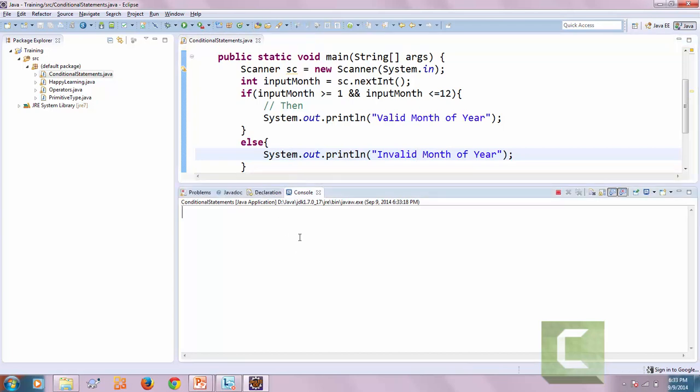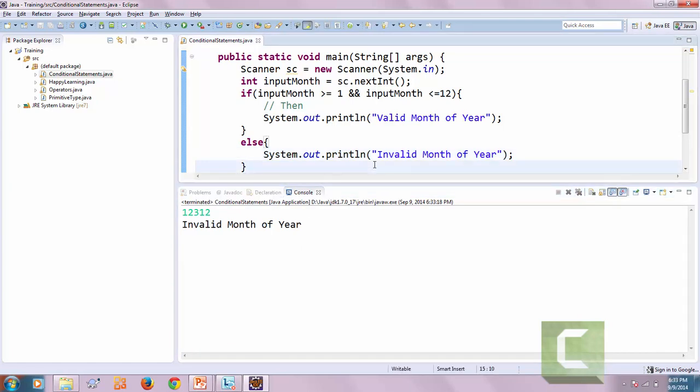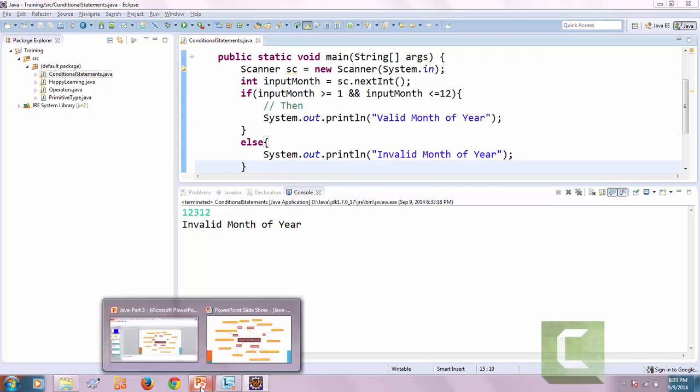Now if you print 300 something, it is invalid month of year, right? So this is the way your if then and if then else works. Right? Let's talk about